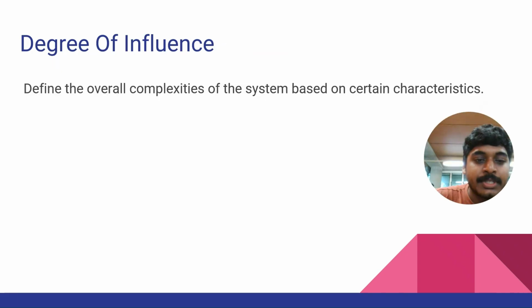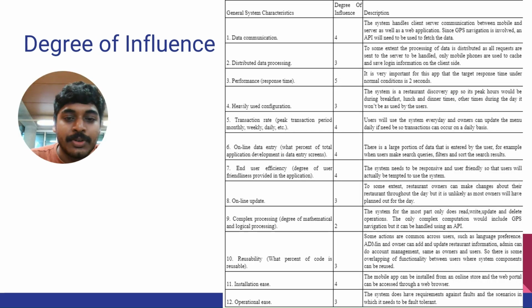And then moving onwards, to calculate the adjusted function point, you have to first find the degree of influence, and the degree of influence defines the overall complexity of the system based on certain characteristics. So some of the general system characteristics are data communication, distributed data processing, performance, and the app itself prioritizes some of these characteristics more over the others. For example, performance,